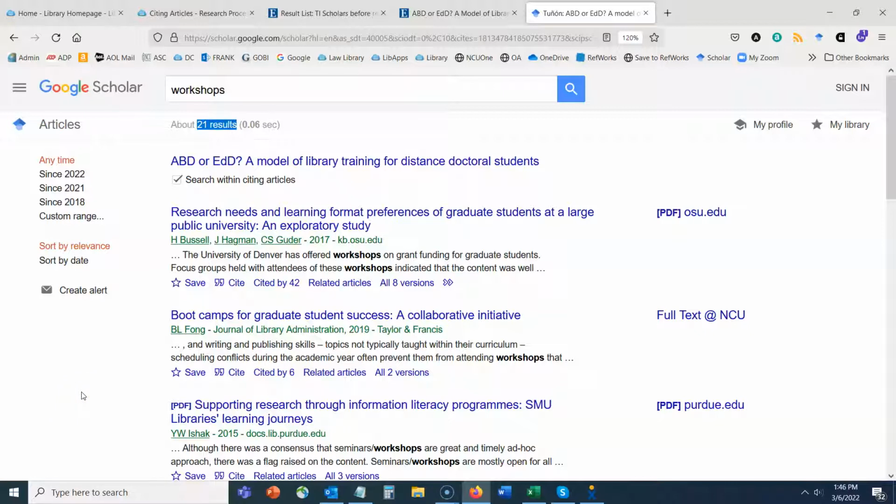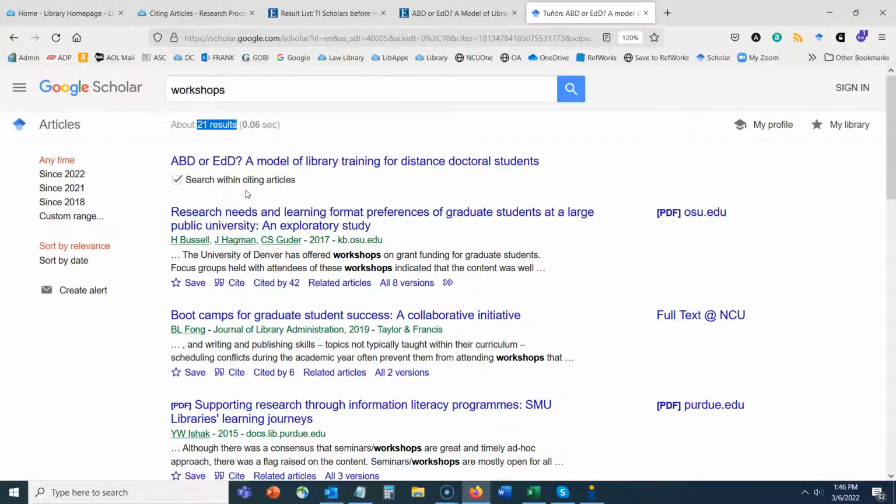This is showing any article that has the word workshop that has cited this ABD or EDD article since 2010. So that can be up until today, right? To 2022. But